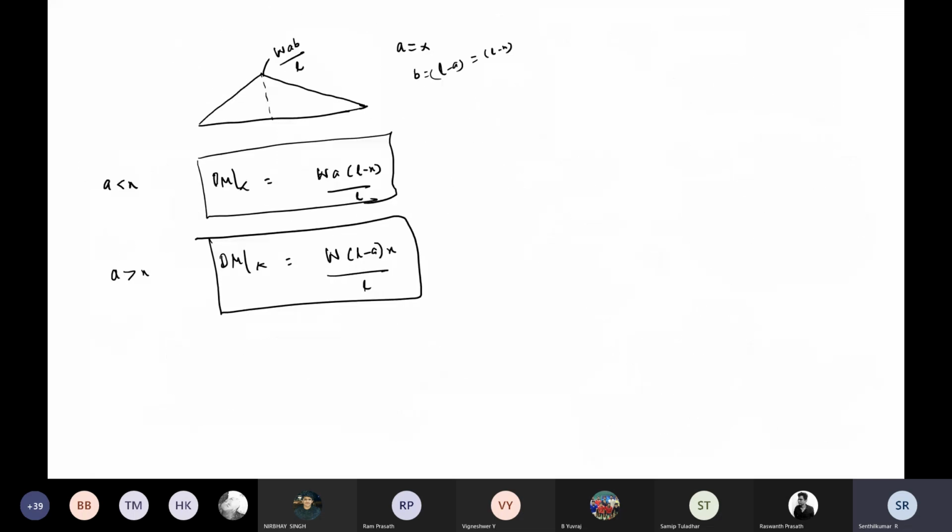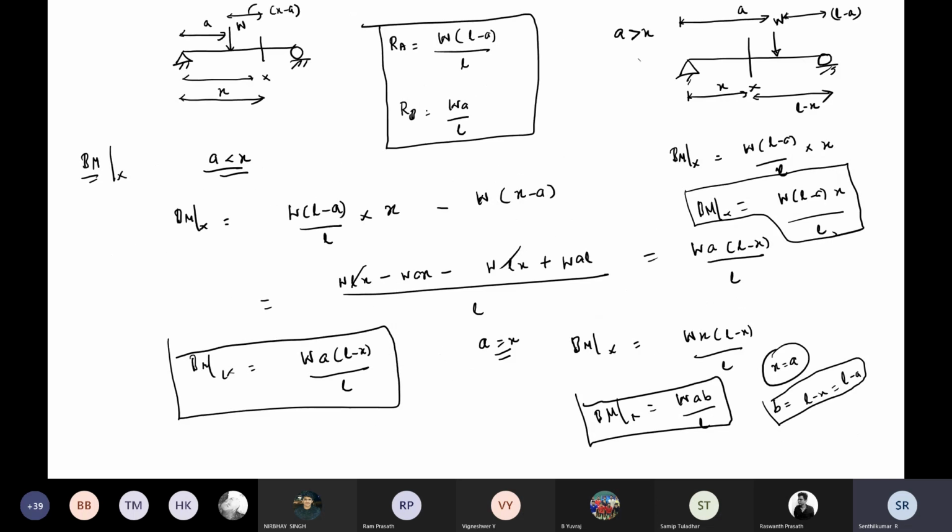Suppose people are asking: you have a simply supported beam, and at a distance of 3 meters from the left support I want to find my shear force and bending moment. When the load is moving to different positions, you can use this formula and easily find out, or normally also you can find out. You just push in the load. This is the application of rolling load. When we change the load, the bending moment values will change at the section, and shear force also will change. This is the general analysis we are doing.